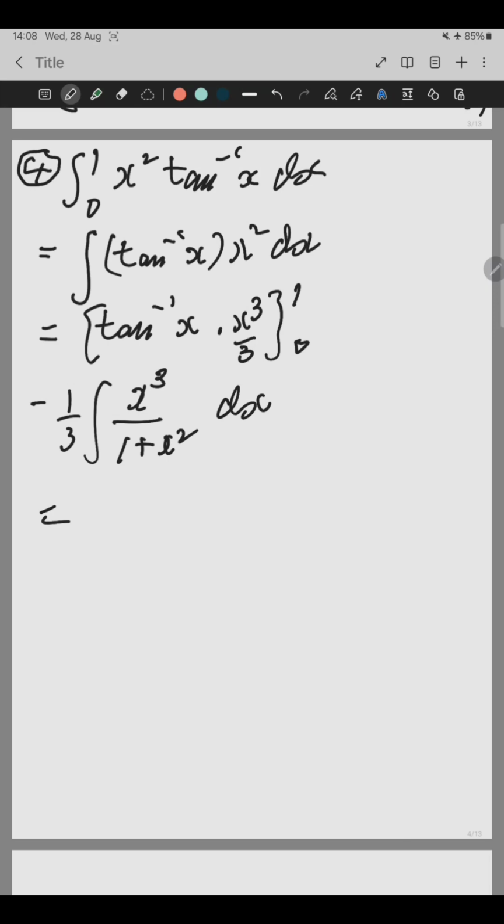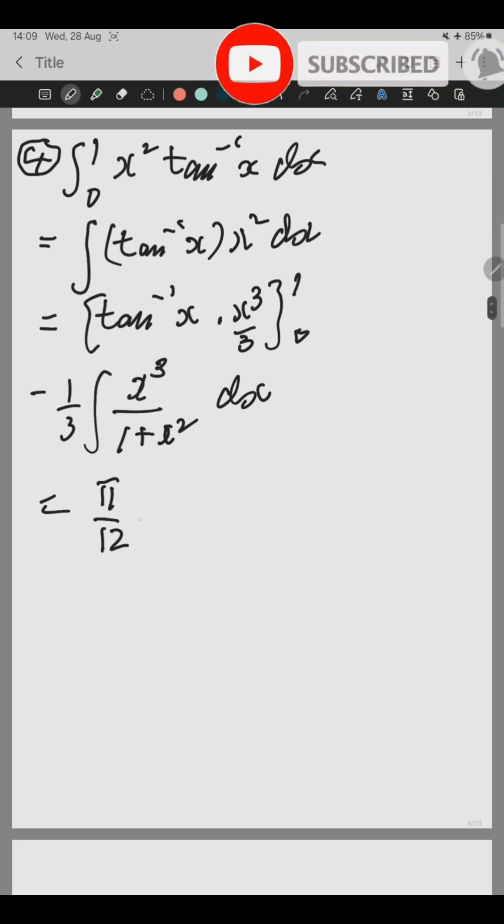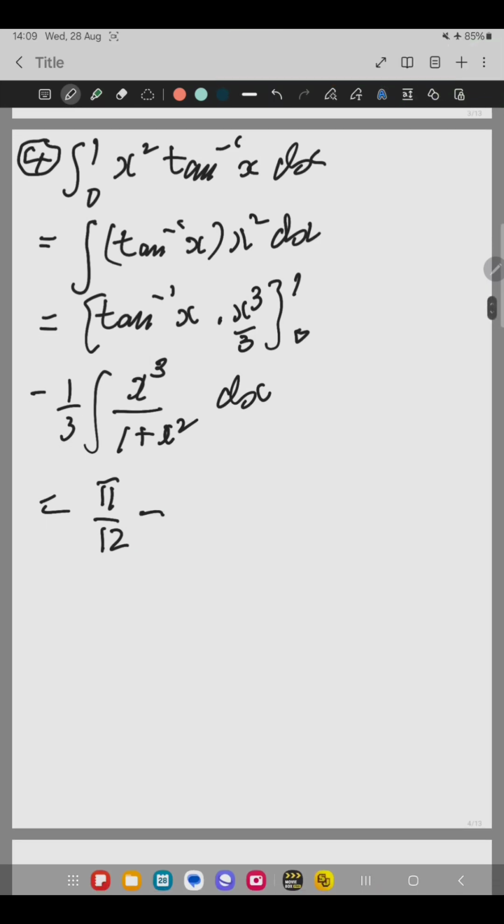Working out the first one, where we already know the limits, that simply comes down to pi upon 12, because if tan inverse of 1 is pi upon 4, x is just 1, so that'll be pi upon 12. Inserting the bottom limit becomes 0, so that's just pi upon 12, and then minus